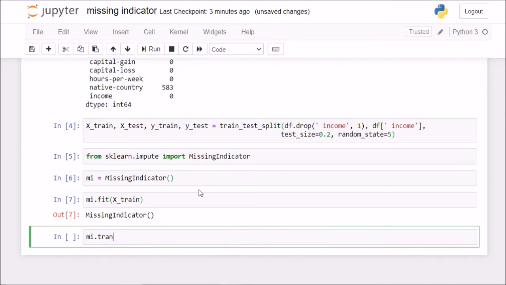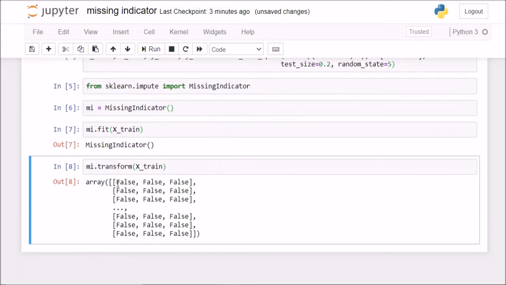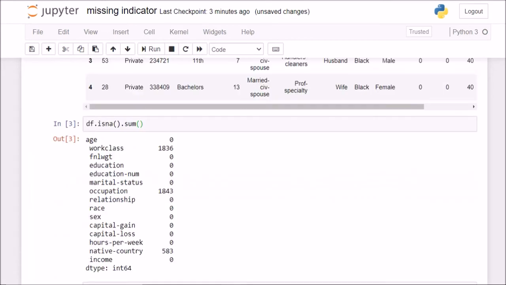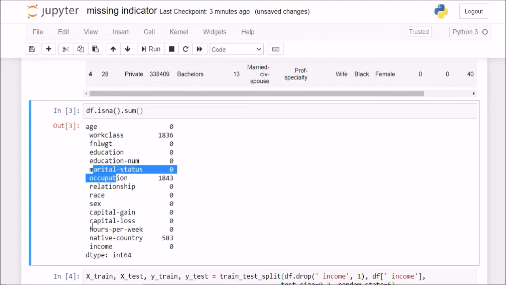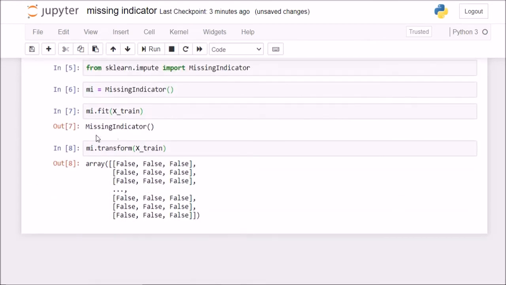Now if I say dot transform and transform the training set, you see I have only 3 columns, right? Why 3 columns? Because in my dataset, only 3 columns had missing values. So it created 1 column for each of those columns.